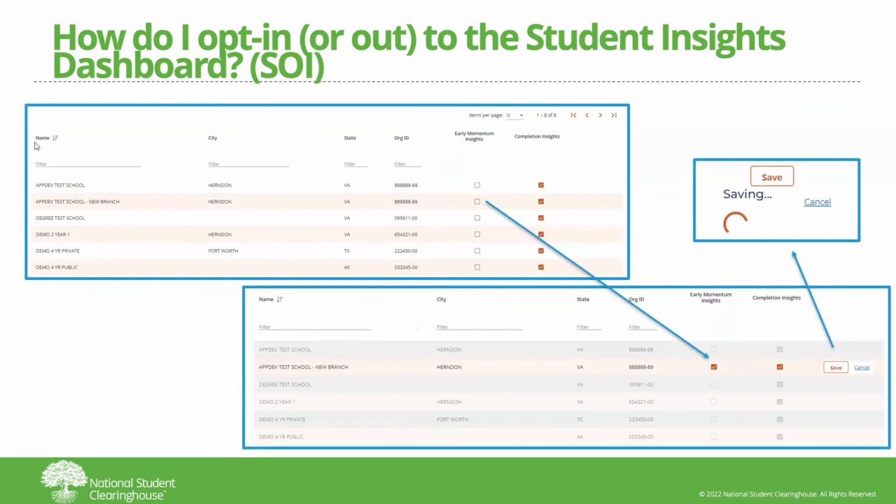There are filtering and search functionalities here, so you don't have to scroll through all of them. You can potentially just filter to one institution. Maybe you know it by name, maybe you know it by city, and you can go through and do that. So if, for example, I say I want to change the permissions just for this one institution,